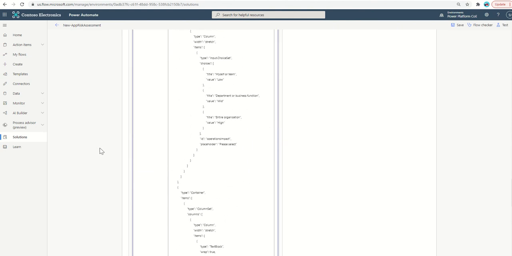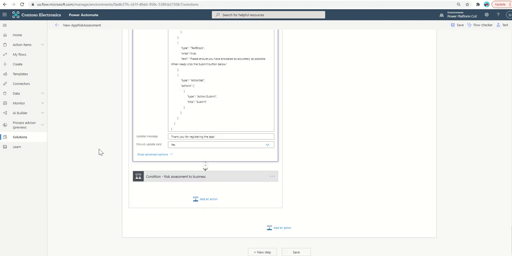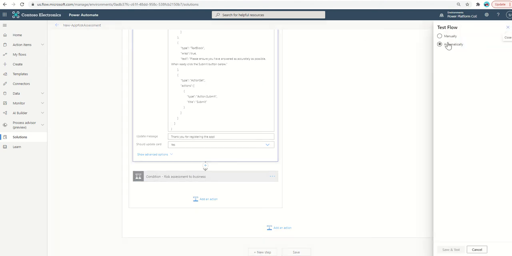And as I've just explained, people generally respond to chat messages in a much more timely manner than they do to email. And with that in mind, we're not trying to overuse this approach. This is purely for the most critical of the governance policies that you have, and I think app registration probably falls into that. So we're keeping it very simple. We're only asking the user to select a couple of options. In fact, let's run it,